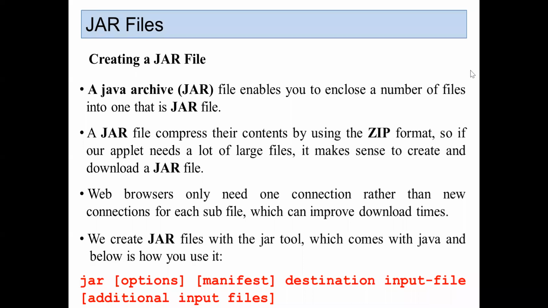So options, manifest, and destination, the input file. We may or may not use some additional input files. In this syntax, we can see that there is a manifest file. In the next slide, we can talk about what manifest files are.